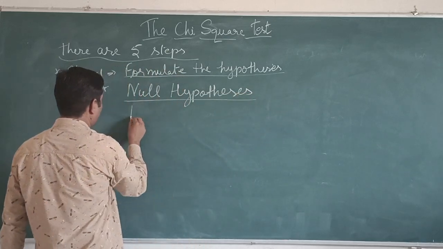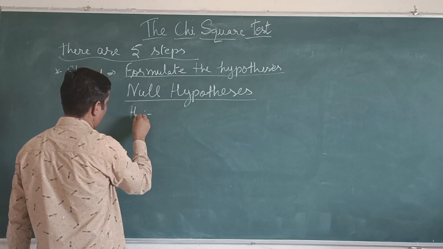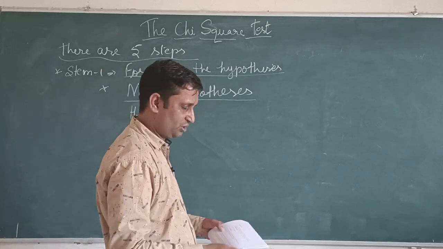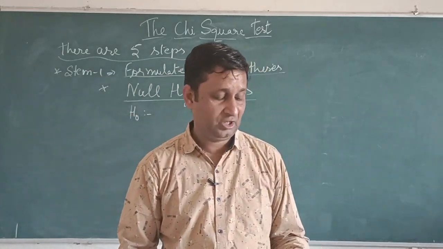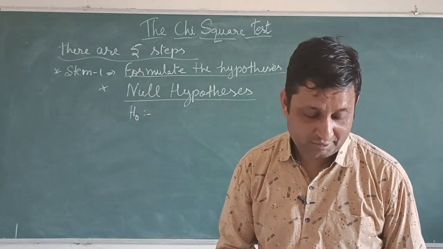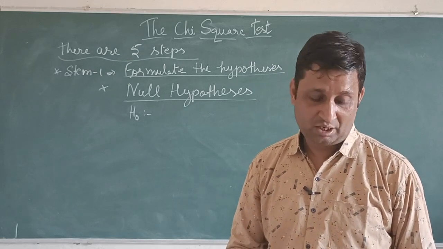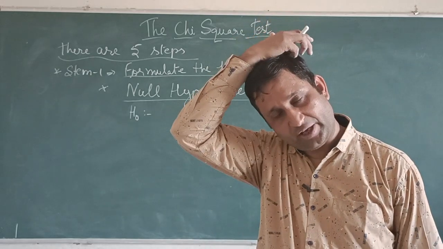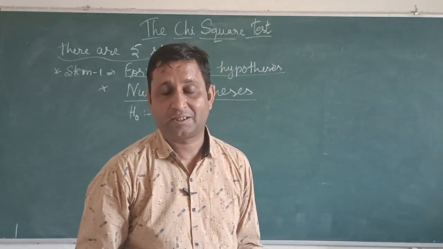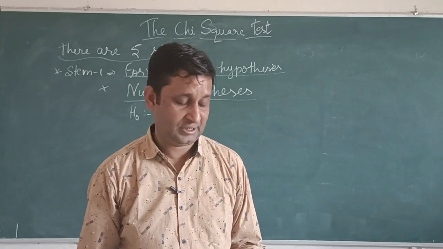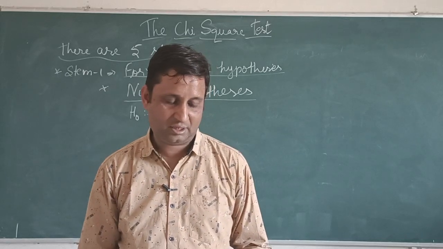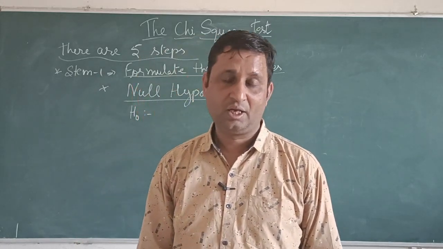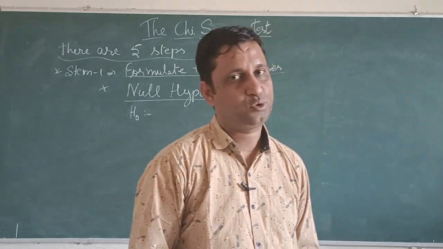Null hypothesis. We can denote it H0. The null hypothesis states that there is no significant association between student education level and their performance of online or face-to-face instructions. On the other hand, we can also say in the null hypothesis there is no difference in the distributions of instruction preference between undergraduate and graduate students.